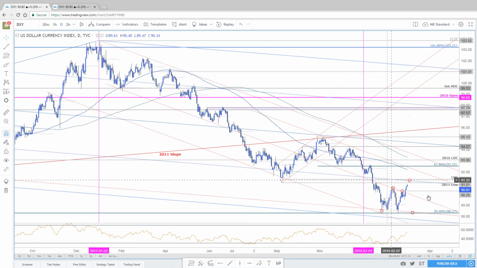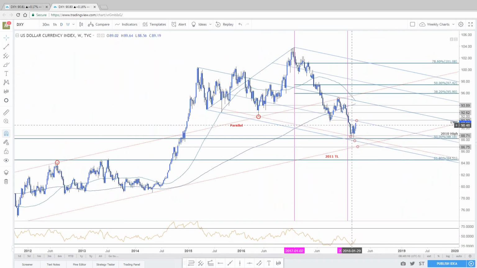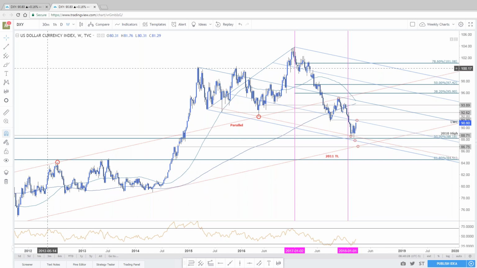Remember, if we take this again to the weekly charts, we also have the 50 line for the current operative slope that we've been in since 2015. The 50 line there comes in right on that same low week reversal close. Any questions on the DXY? That was number one. Got that out of the way.